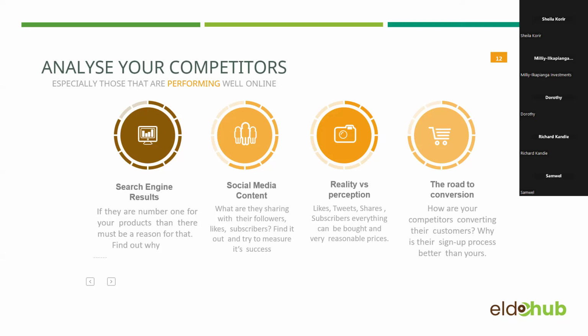If somebody is commenting under their article, how long does it take for the administrator of that account to respond to the customers? So if you know those simple analytics, you will know in future, if I'm to do my posters or my posts, I should put it in this structure. This one helps most of the time. The competitors are dealing with the same customers as you are. So you must be in a position to say, I want to separate myself, I want to do better than my competitor. And to do better than a competitor, you have to actually know what the competitor is doing.